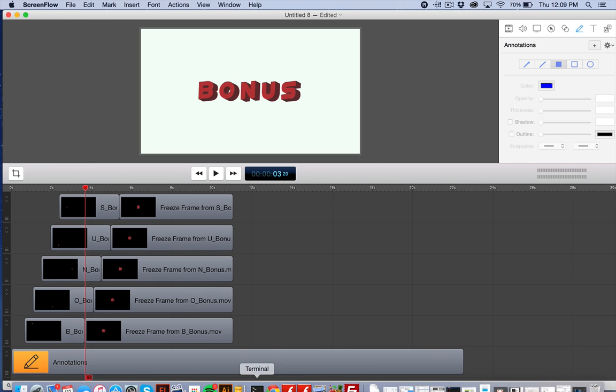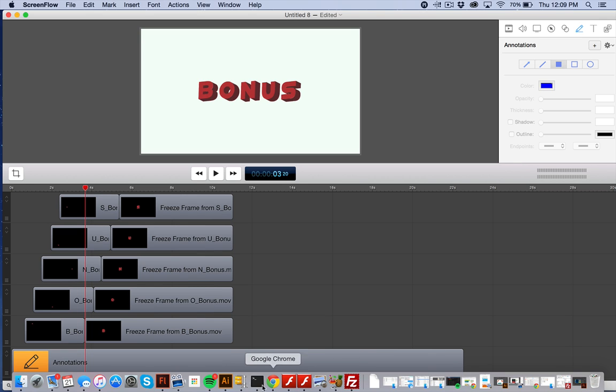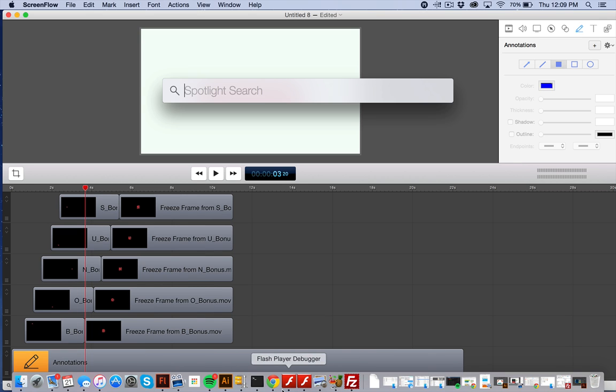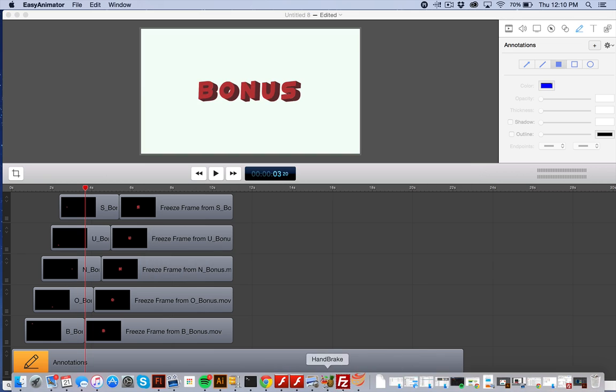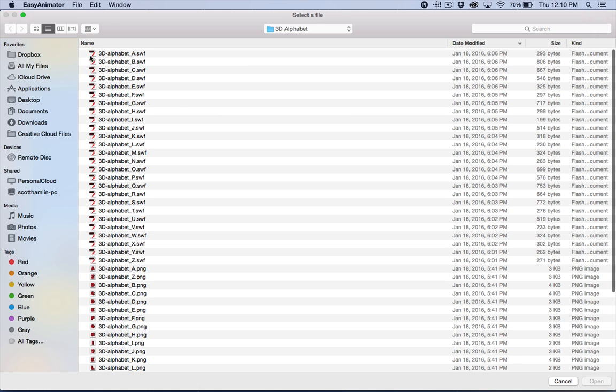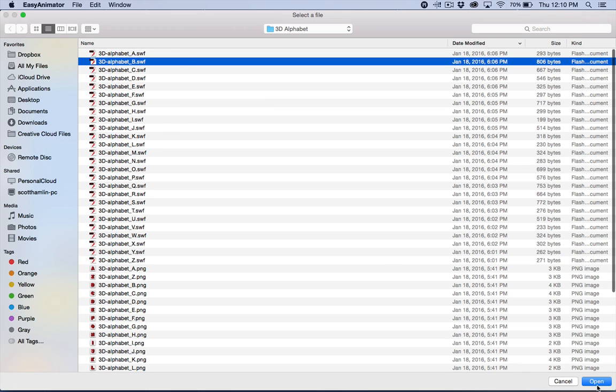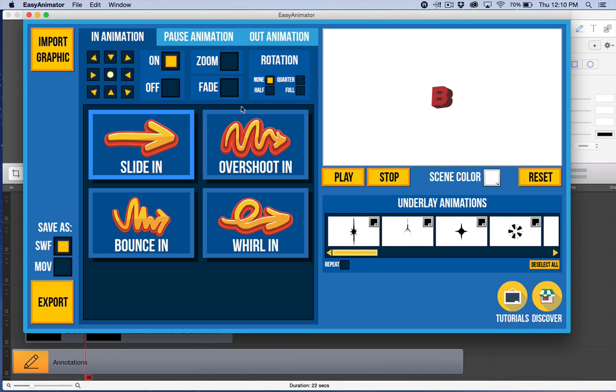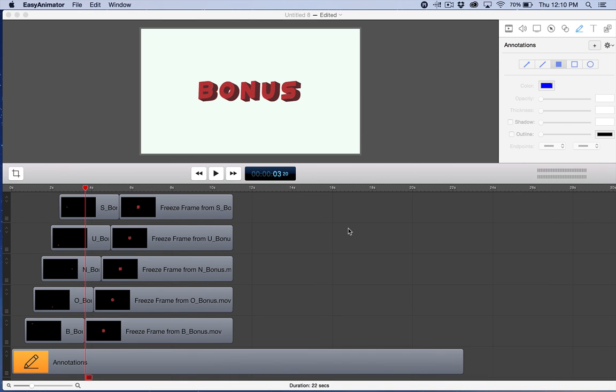So let me show you how I did it. It was very, very simple. Let's go into Easy Animator first. Looks like I've accidentally closed that. And so when I get that open, I can import any kind of, I've already got it set to the alphabet here. So if I was going to do the word bonus, I can just have the letter B there. And I very simply just make my settings here. You can see how fast it is. Boom, it's ready to go. So I can just export this to MOV, and I just did that for all 5 letters. Have them on my desktop, and then I just drag them into